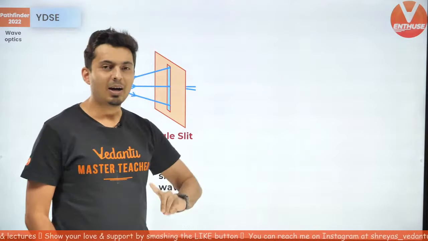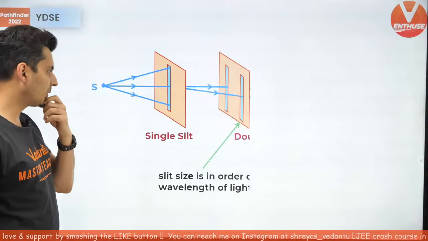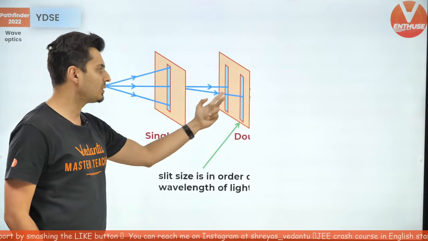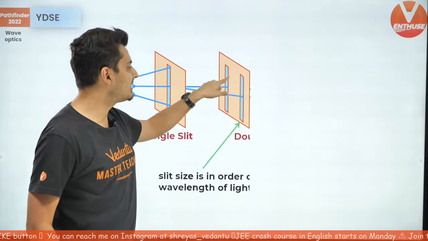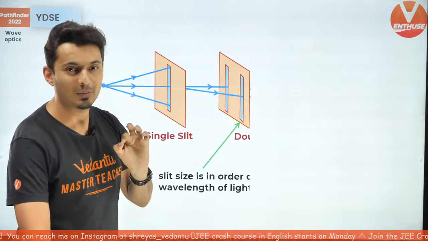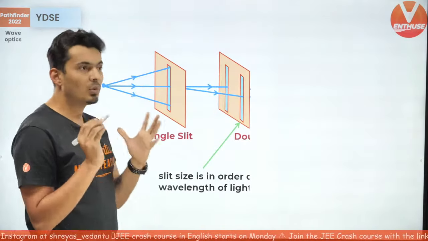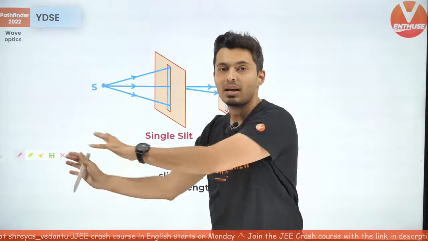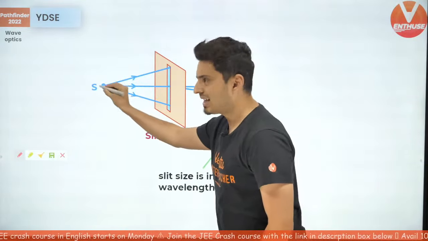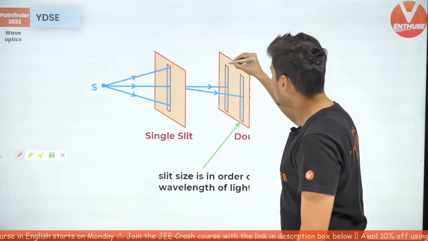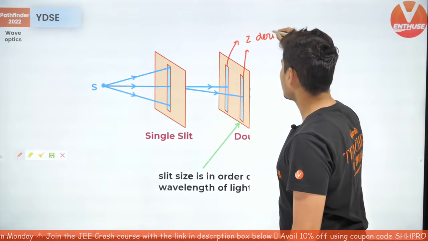So we are going to make derived sources from a single slit, and this is what we are going to do. We're going to have two slits over here so that we have more spreading of light, and these two slits are going to act like sources of light, but secondary sources. Remember, I have told you about what is called a primary source and what is a secondary source in Huygens principle. So this exactly is the primary source. You have now got two derived sources